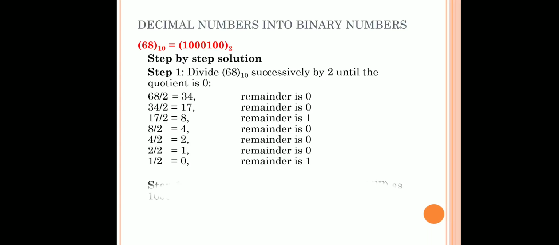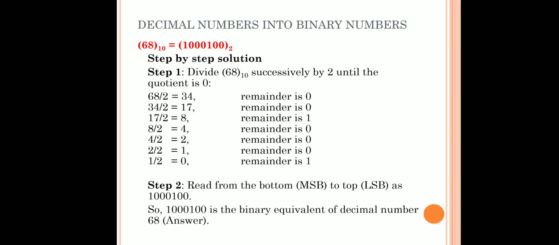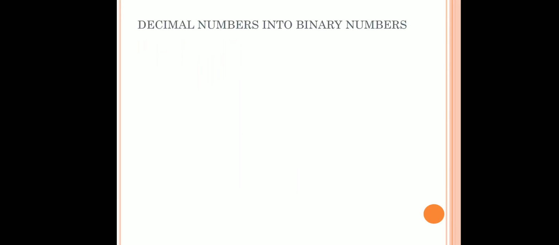And then after that you have to read it from bottom to top. Finally you will get the answer. As you can see here, from down to top I am telling you 1 0 0 0 1 0 0, and you can see the answer. This process you will follow to solve all the questions. Now the second question is